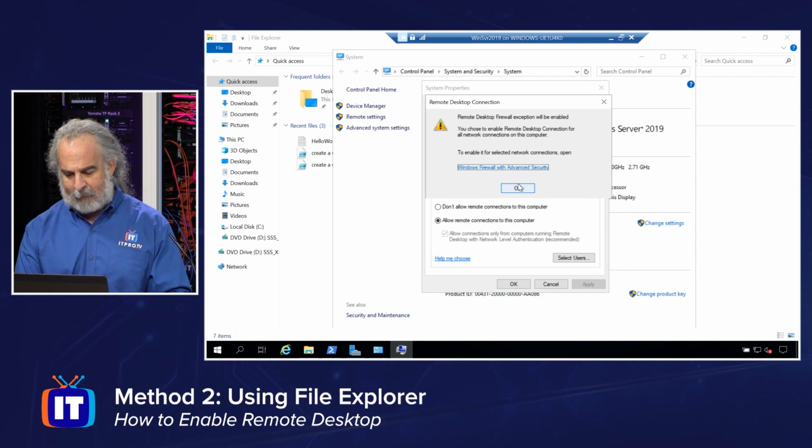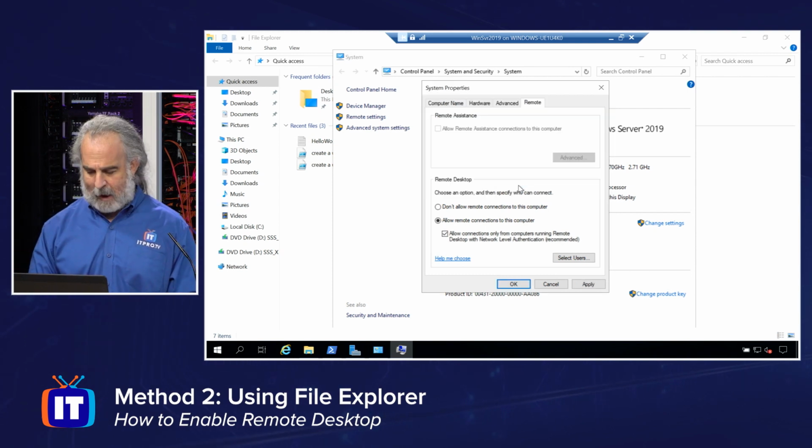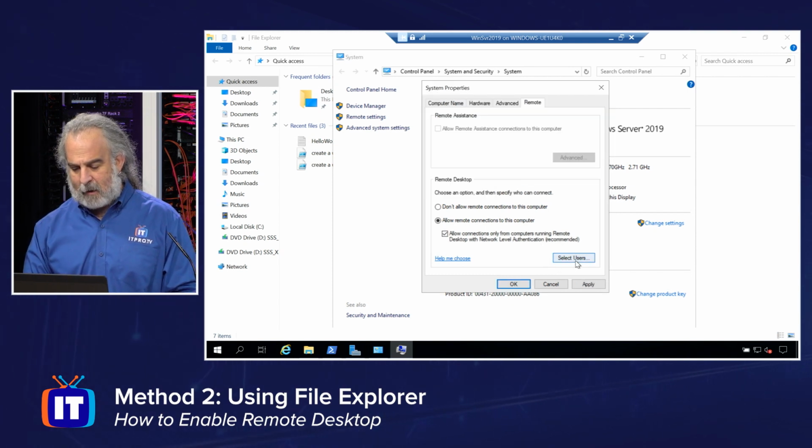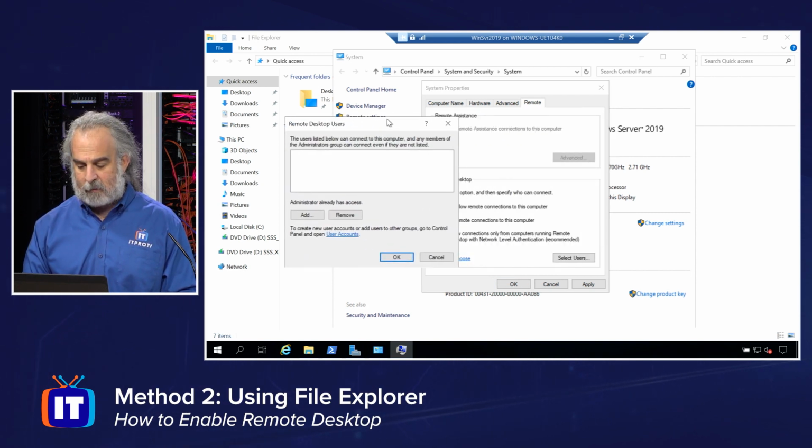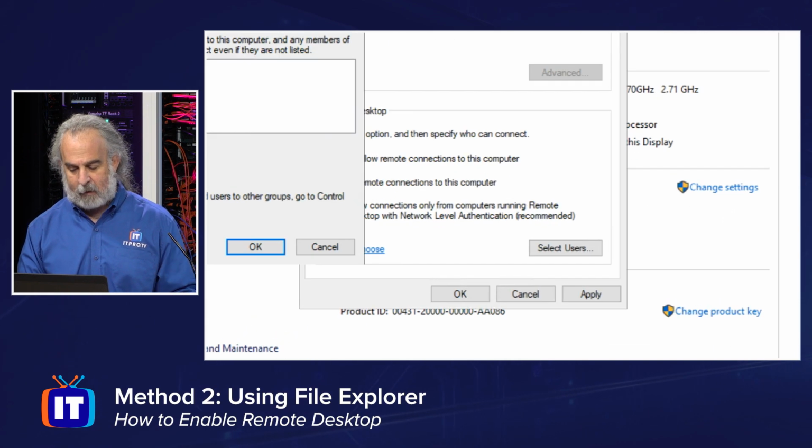All right, so I could do that right from here. It's just telling me that's going to happen. Great. And then I have to come down here. I have to select user. So I'm going to click on that button at the lower right-hand corner. We'll just zoom in so you could see that really quickly.